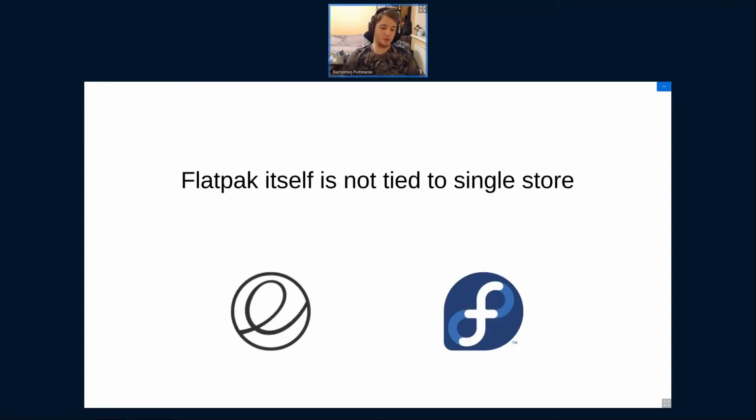Yeah, and the most important part about Flatpak, and in a way about Flathub, is that Flatpak is not tied to a single store. So while Flathub is the de facto place to get your apps from, there is also an elementary store on the way, and Fedora also has its own. So Flatpak itself is independent, and Flathub, while obviously again some people work on both,